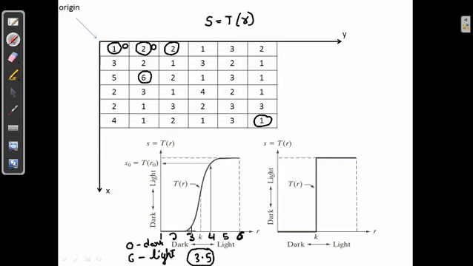Similarly, we will be coming to the next one, again 2, it is rounded off to 0. Again next 1, it is rounded off to 0. Next the pixel value is 3. 3 is less than 3.5, so it will also be rounded off to 0. So it will be processing the entire thing.